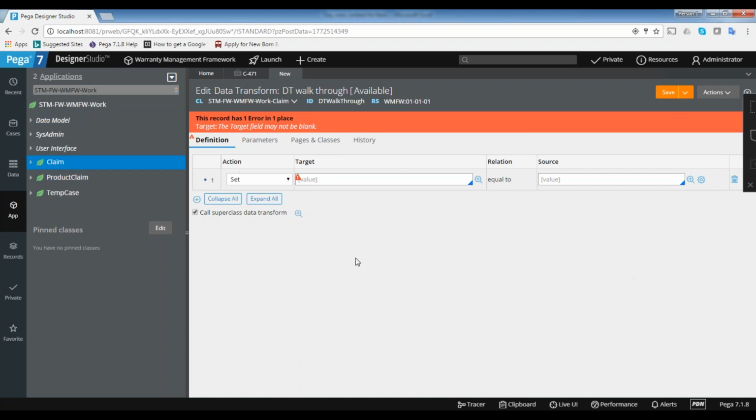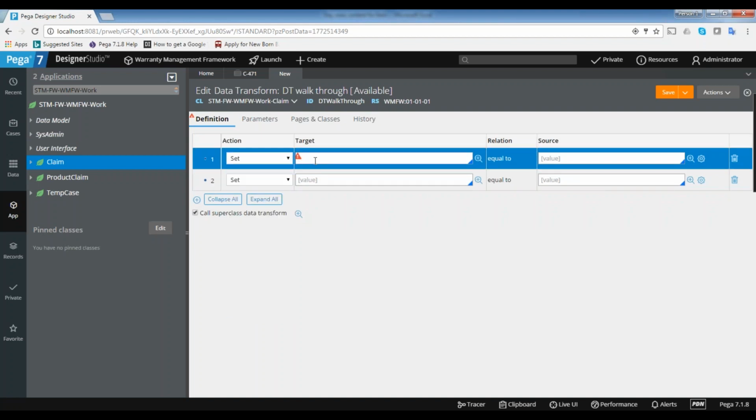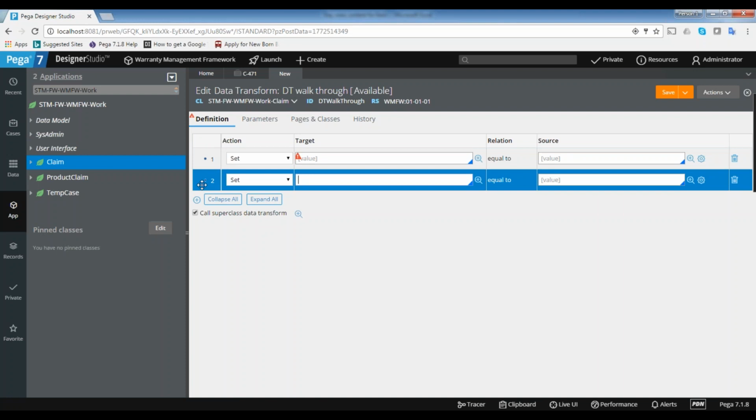The first thing is, you can see there are different columns here: 1, 2, 3, 4, 5, 6 columns. The first column is called the step number. There is no significance to it in the development. This is for developer convenience, to improve the user experience. If we want to explain something to others, or make it more user friendly, the numbering is given so that we can easily identify where we are working. If we want to explain to somebody, we can use the step number only: go to step number 1, step number 2, like that.